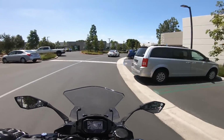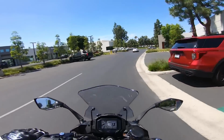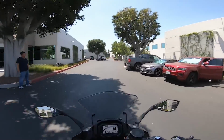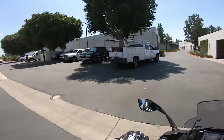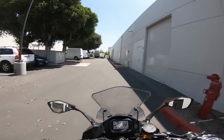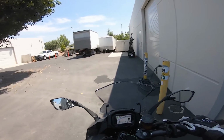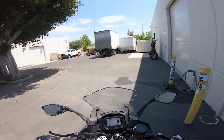All right, guys, we've pretty much made it to the office here. I know that we're going to get some comments on this being a sport tourer and the Kawasaki Ninja H2 SX SE Plus. A big name, I know. How do I compare these motorcycles? The H2 is obviously the supercharged model. The more premium model comes with the semi-active suspension. It also is double the price of this Ninja 1000 SX, which, speaking of, comes in at a